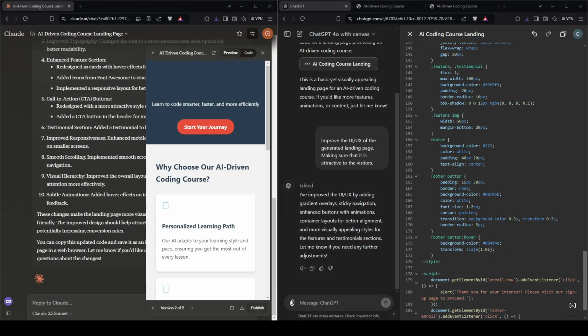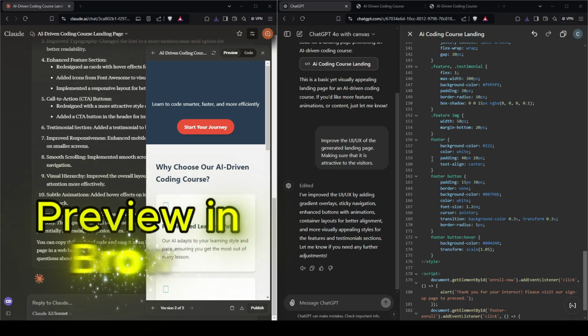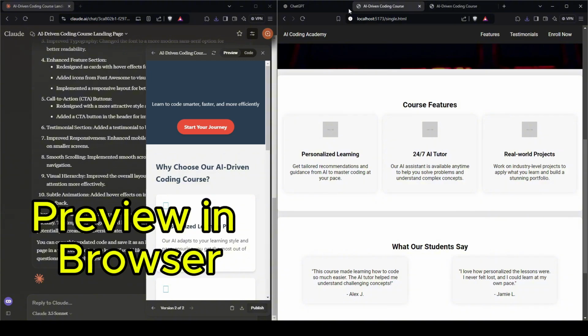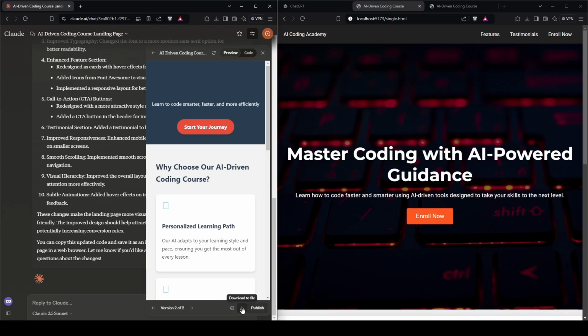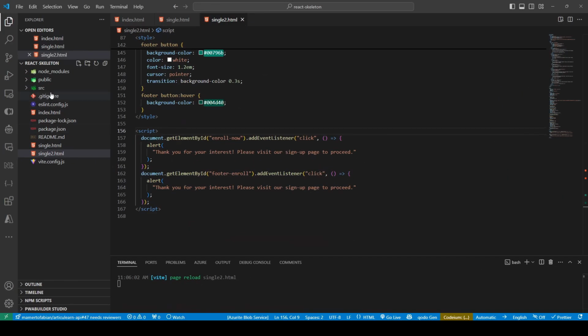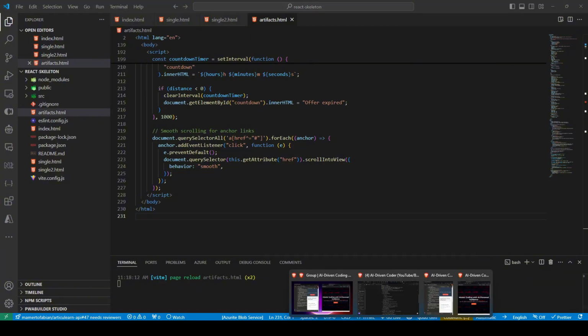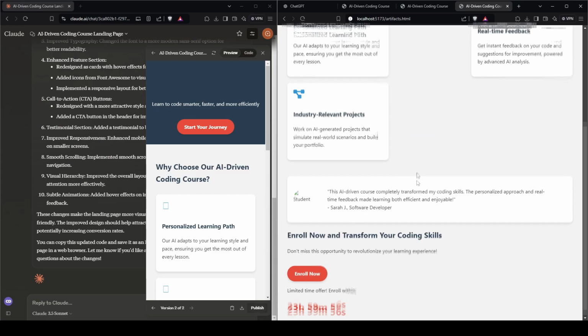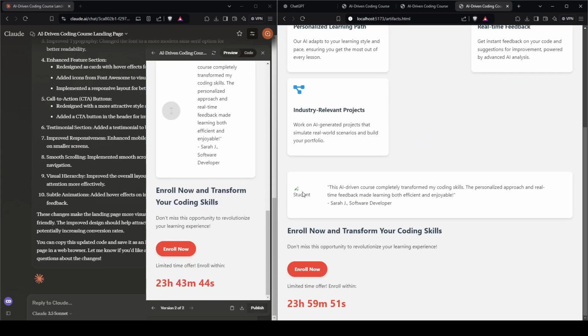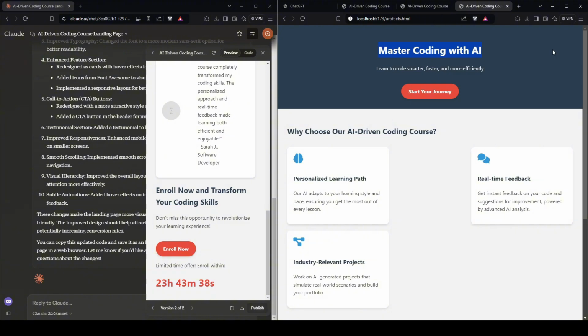Let me create a new HTML file just for this artifact created by Claude to see how it will look if we use a full browser for it, just to have a fair comparison. I already copied the contents. We can also download it, and let's paste it in a new HTML file. Then let's go back to our browser and access that HTML file. So it looks nice, but the picture of the student here is not showing, and also the header. Without the images, of course, it will look empty and inferior, but it still looks acceptable, right?